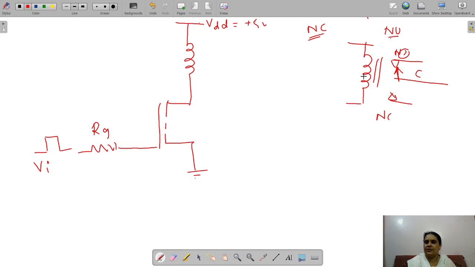So the concept of the relay is, when a current I flows, the relay is energized. If it energizes, the contact from the NO position will move to the NC position. It will trip from the upper part to the lower part. The upper part is the NO and the lower part is the NC. So between these two points, I can connect the power devices.